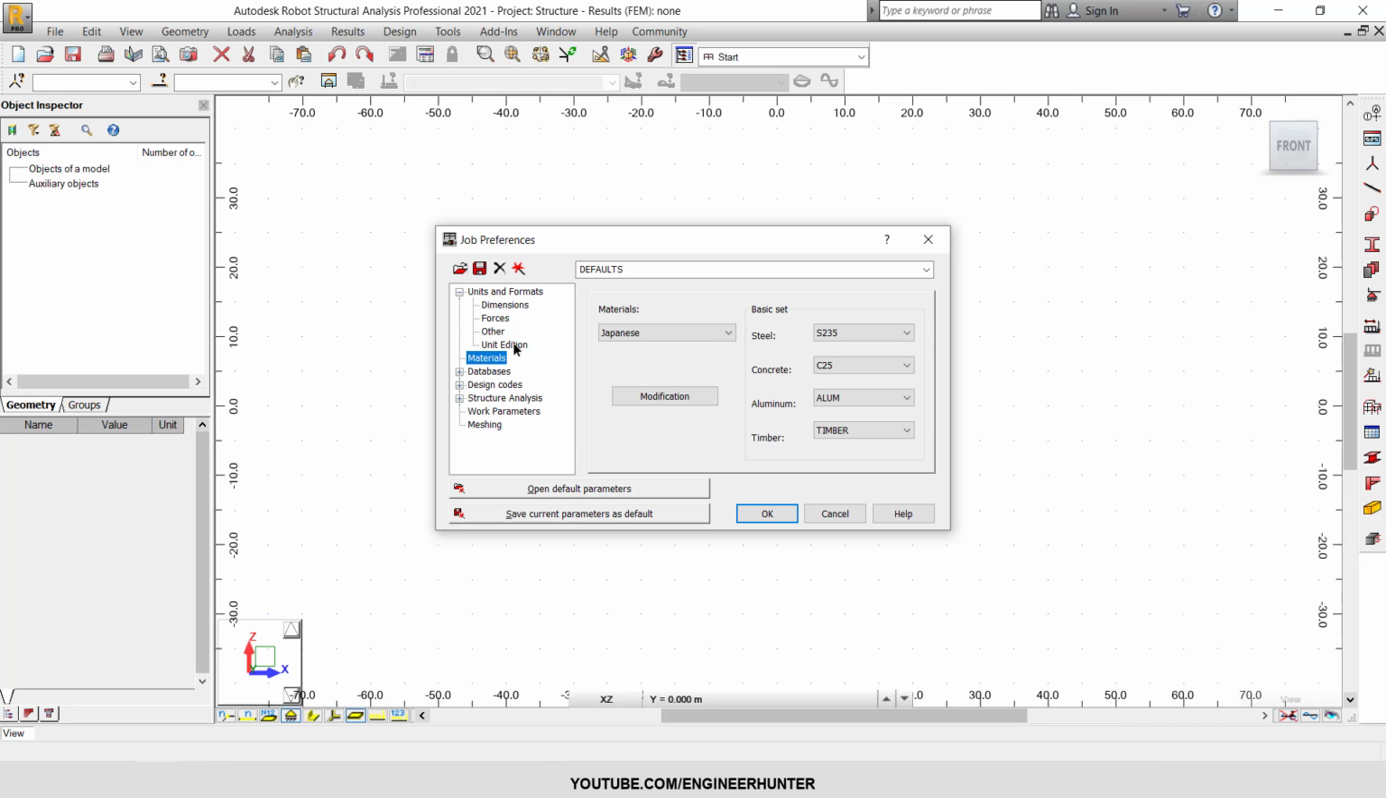and keep in mind that for this tutorial I follow the AISC standard, or the American standard for steel design. So everything is American standard, like load or the connection. Just keep in mind that I use the American standard in this tutorial. You have to go to the job preferences and materials,